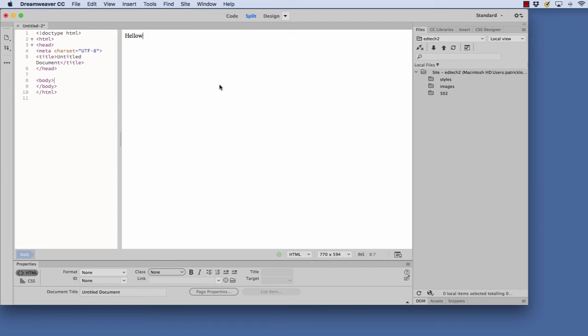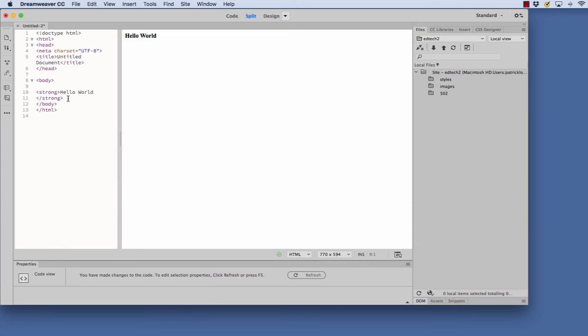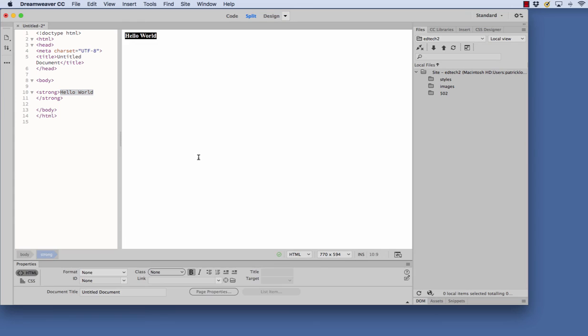So I'm just going to type Hello World. This is often someone's first web page, and I'm just going to highlight it, and I'm going to make it bold. Now what I love about this over here is you can see what's happening. You can see that in the body tag, it basically put Hello World and then that strong tag around it. So I can go down here and I can say Hello World for the document title, and that looks good,